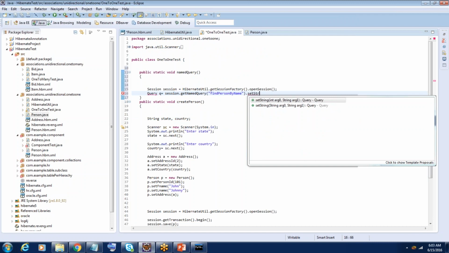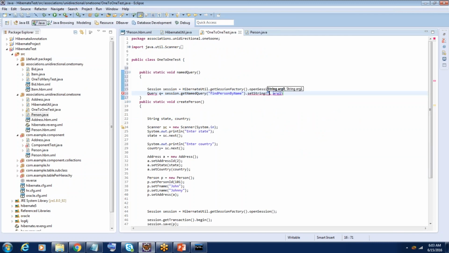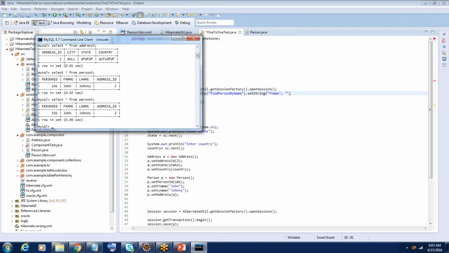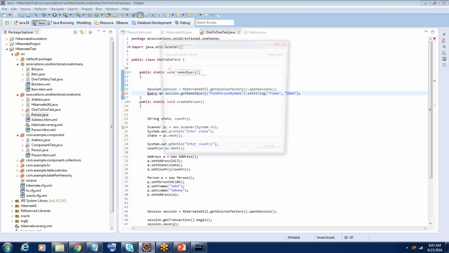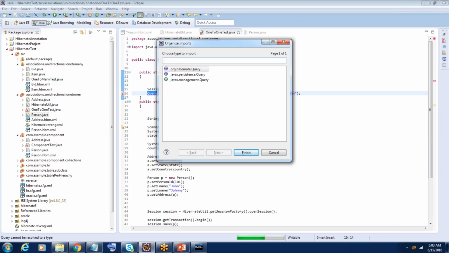Set string. You don't know, let me check what we have. John. So from this, okay, you should select this